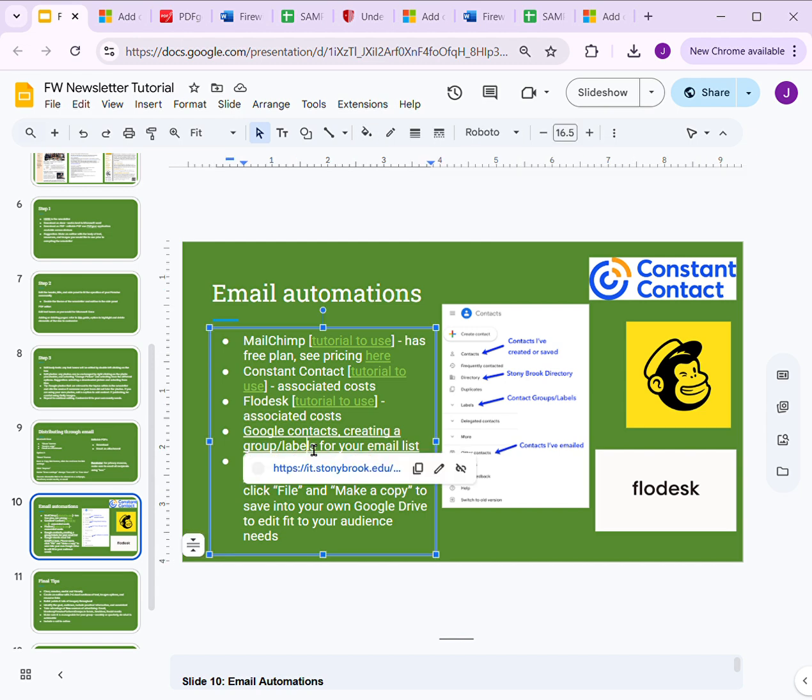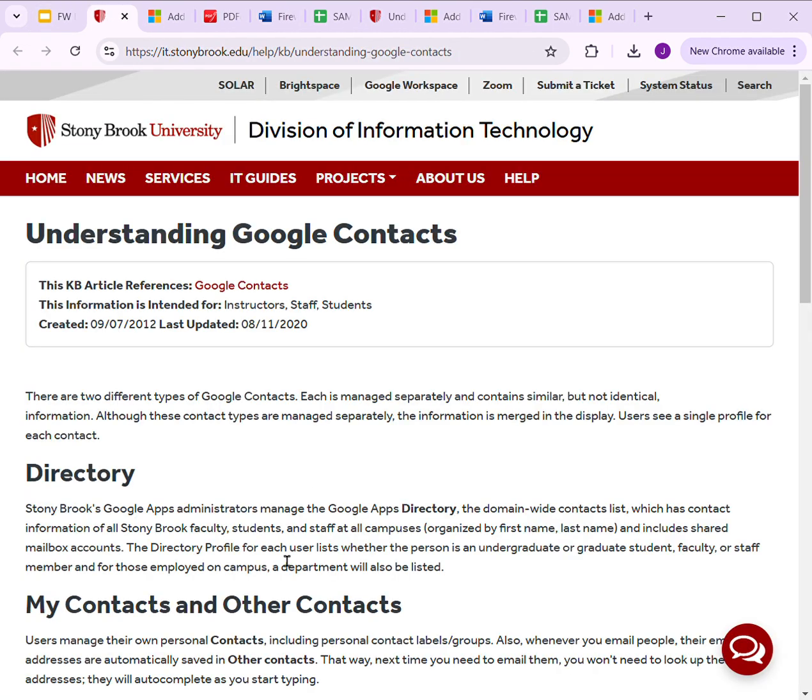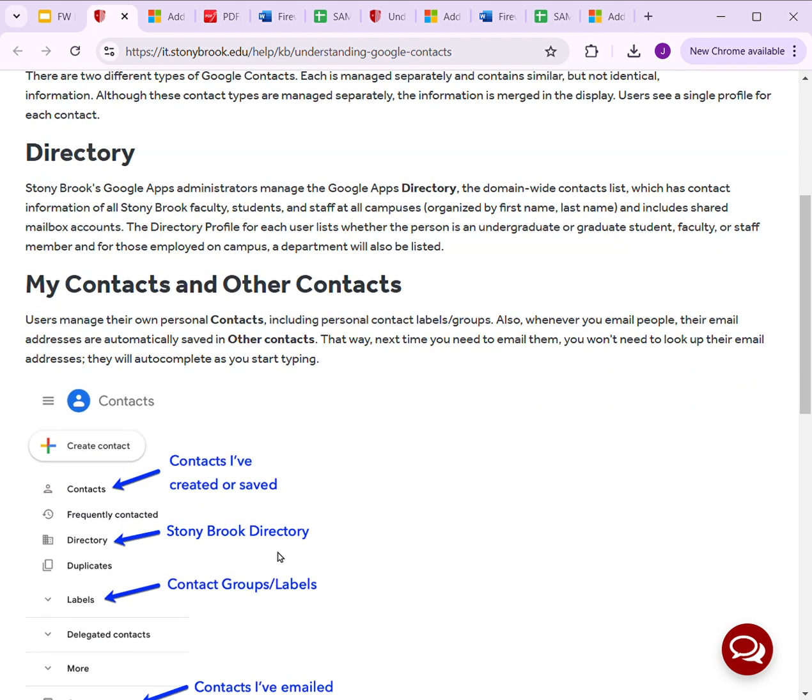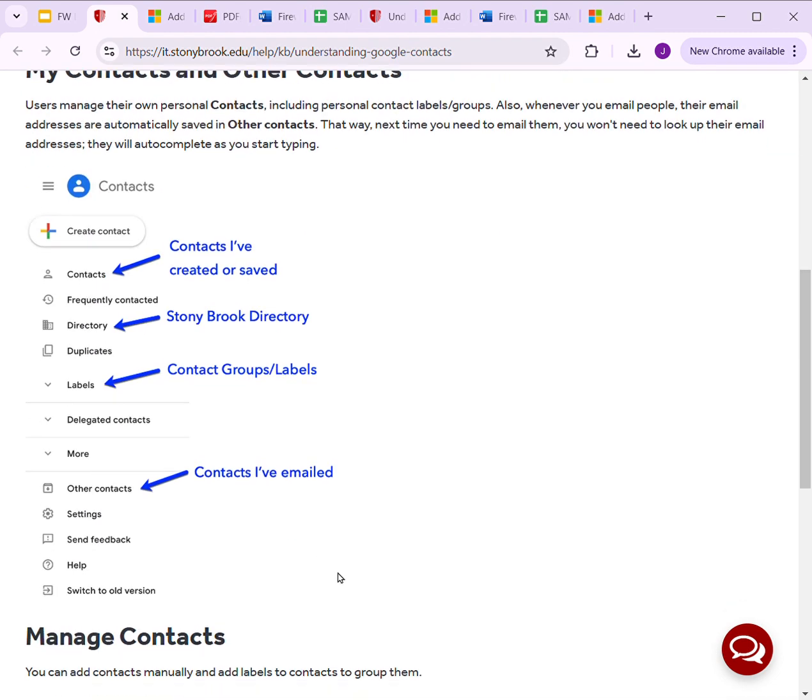And then here is a great article on understanding Google Contacts. If you would like to add a group within your email, and you are the one tasked to distribute the email newsletter, then you could go to Contacts and then label and group your Firewise community.